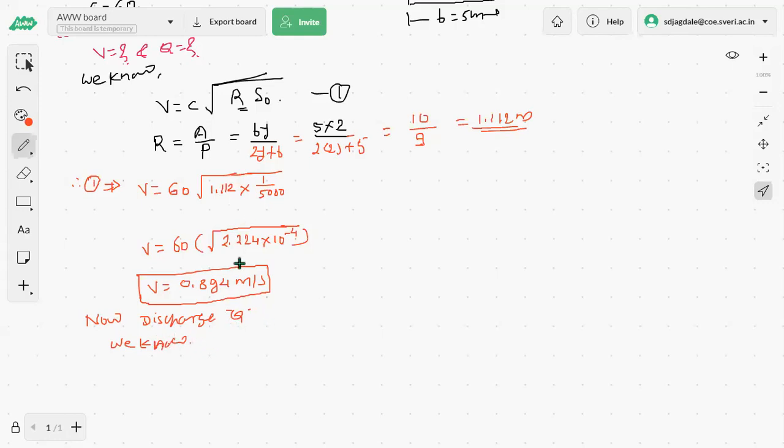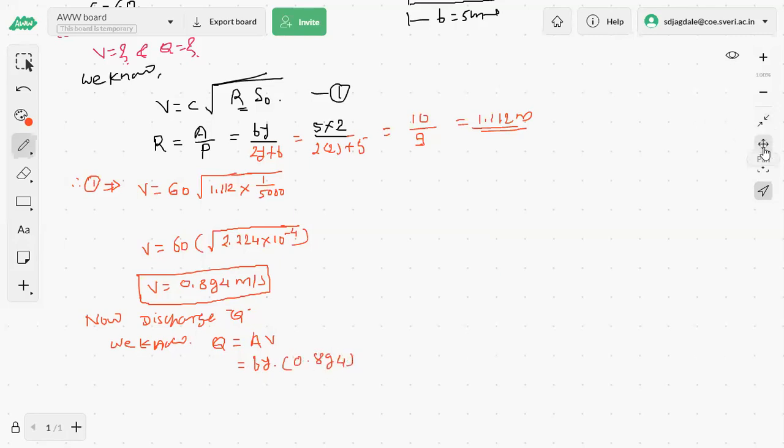Anyone? Discharge Q is equal to which relation will you go for so that you will get the magnitude here? Area into velocity. So area is b into y, into velocity as